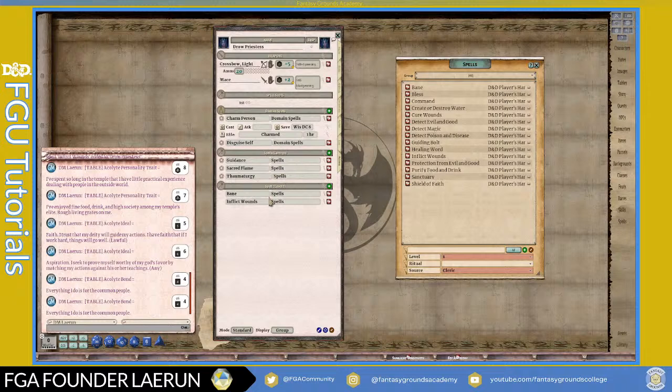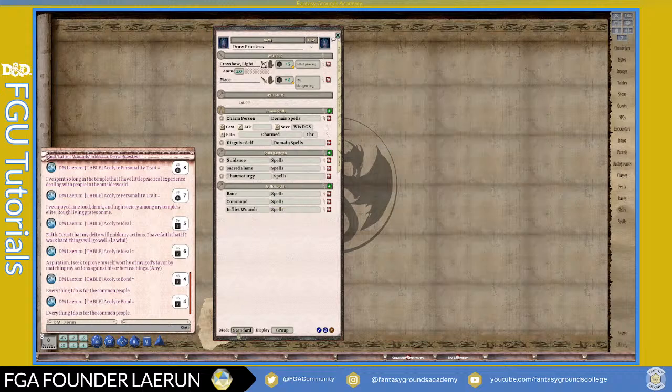So I've got inflict wounds, bane, and I think I'm going to go ahead and see. Let's go with command. So that's her three spells, and then when you're done with that, you can come down here and change the